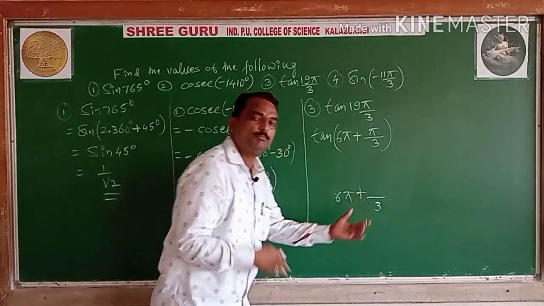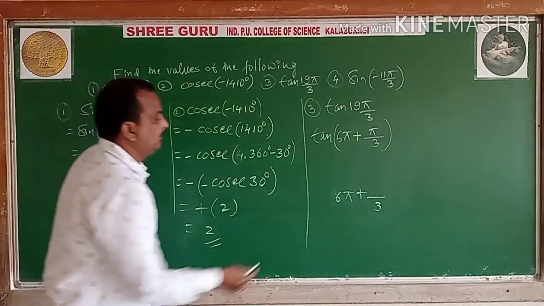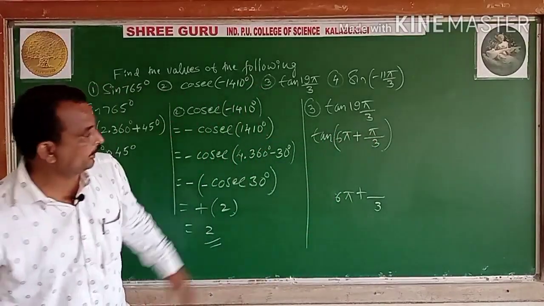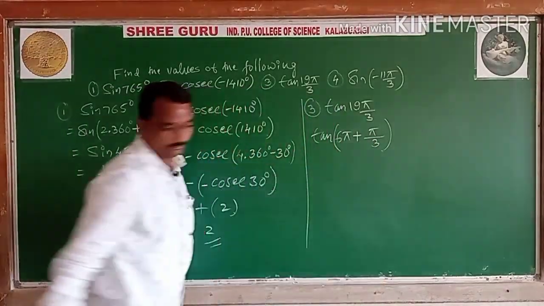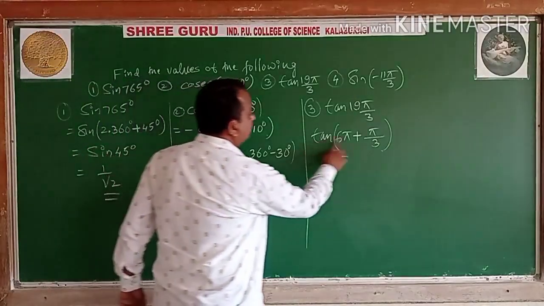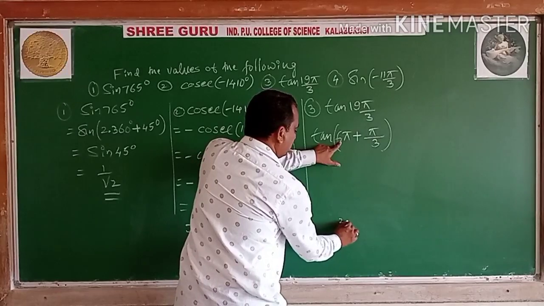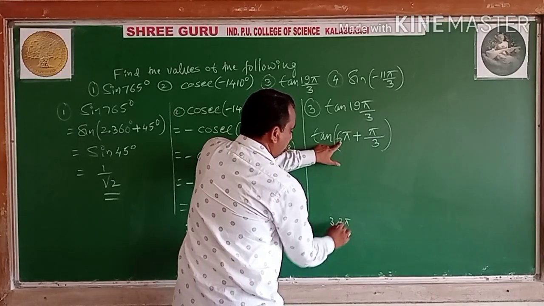If you are accessing minus, then if you are over, you can add if required. So how much does it become here? 18 plus 1, pi by 3, like that you should take. This is one example and you will come to know. So this is equal to 6 pi. 6 pi means what? 3 times of rotations. Is it clear to all of you?